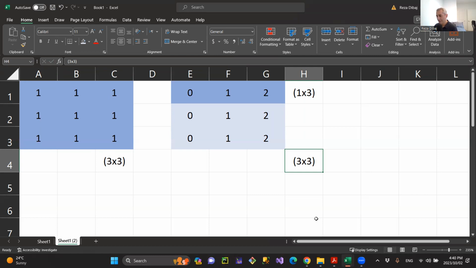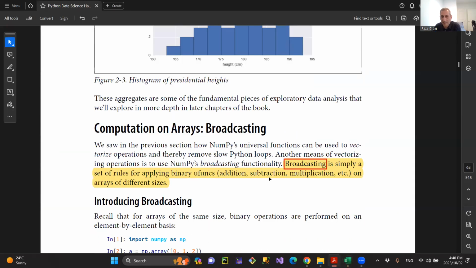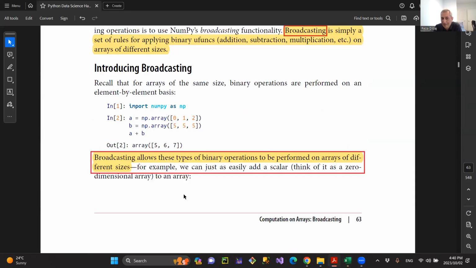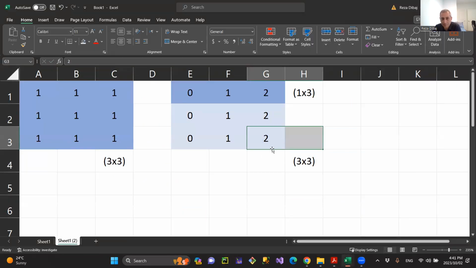Does that make sense, to just follow the same approach? Okay, let's go to this one, and it starts talking about broadcasting. Yeah, it says there is one beautiful thing in